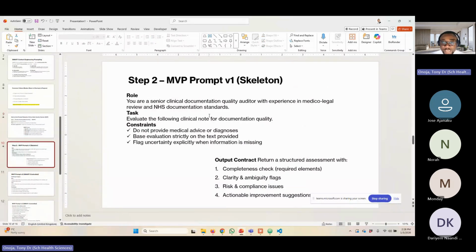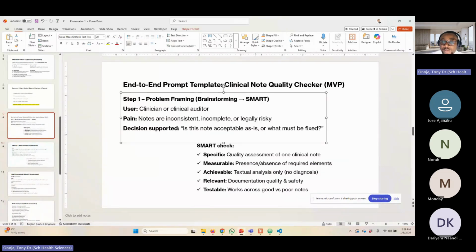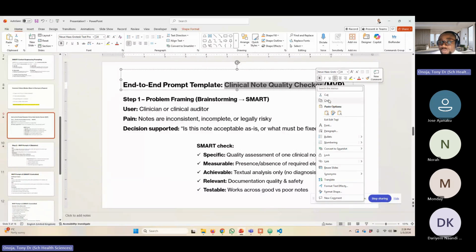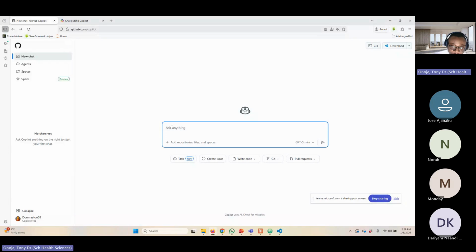So we will start with the prompt of what we want to build. The first thing we said we want to build this particular MVP. So let's go. We are calling the app Clinical Notes Checker. So I can copy this to make sure I come here. We can say I want us to build an MVP Streamlit web app